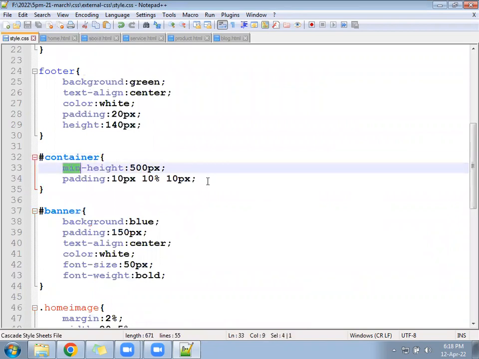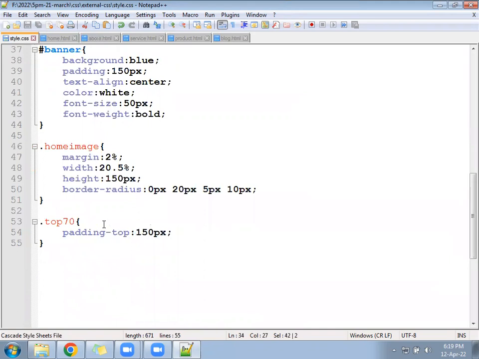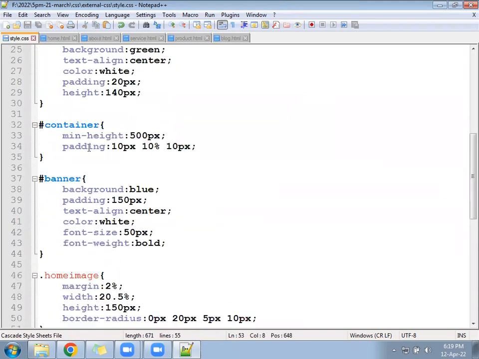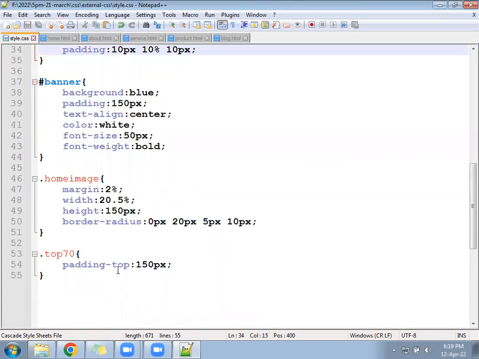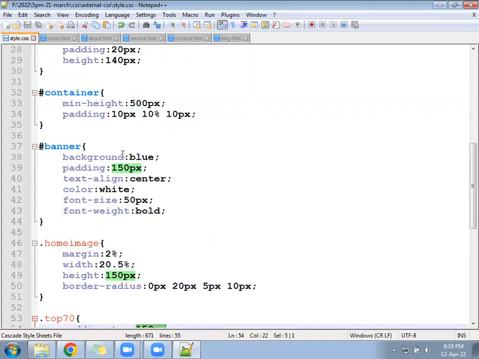We have not written any margin in this. Padding top is 10 pixel, bottom 10 pixel. So the ID has 10 pixel, and in the class we are applying 150 pixel. The 150 pixel is not listening. It's listening to the 10 pixel only. That means the ID has more priority than the class.